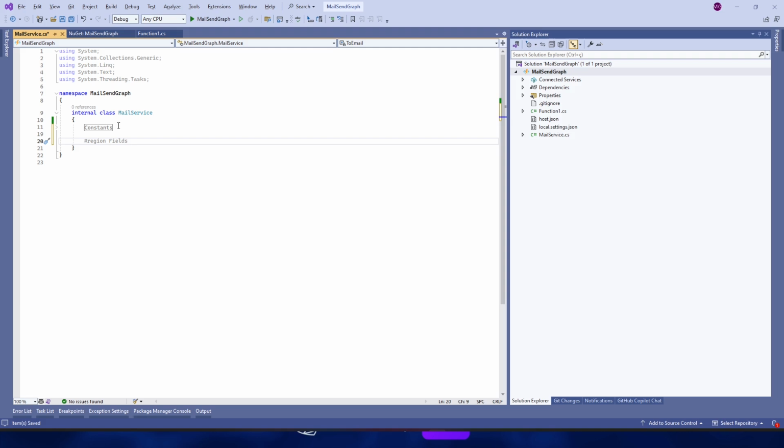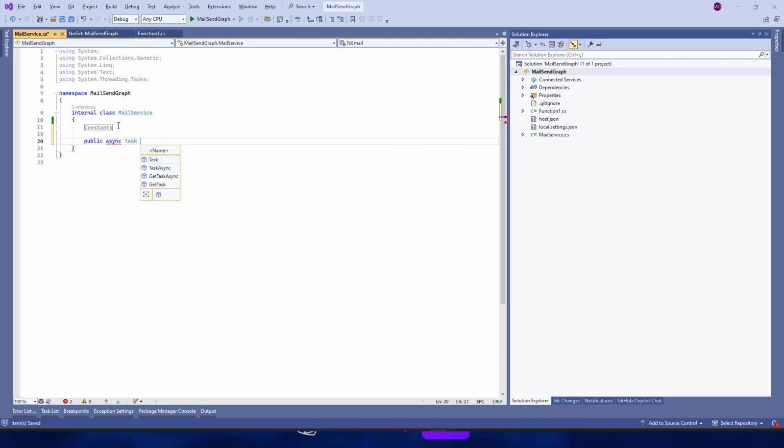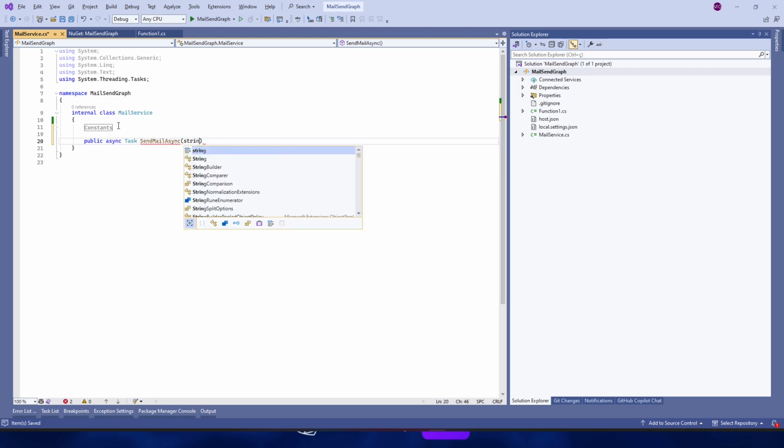Now let's create the send email method. Public async Task SendEmailAsync, string subject, string content.